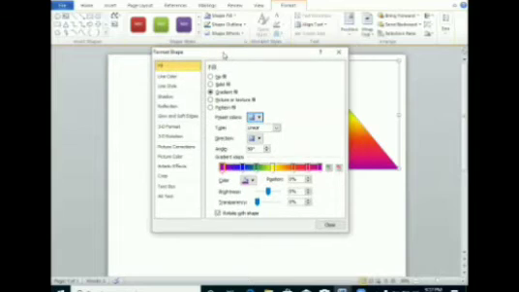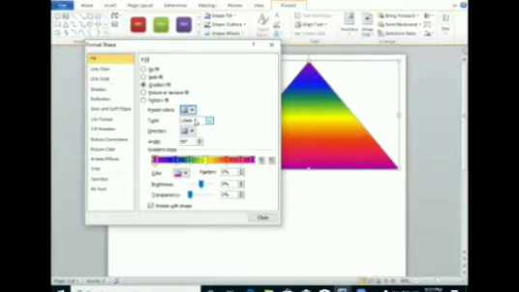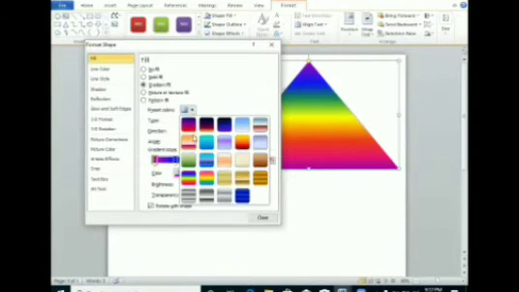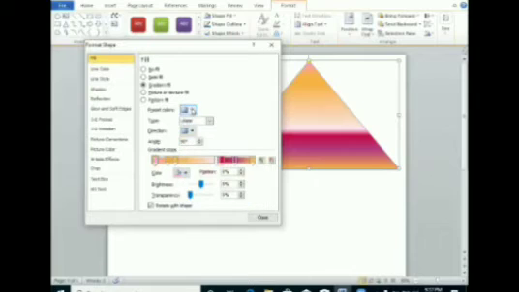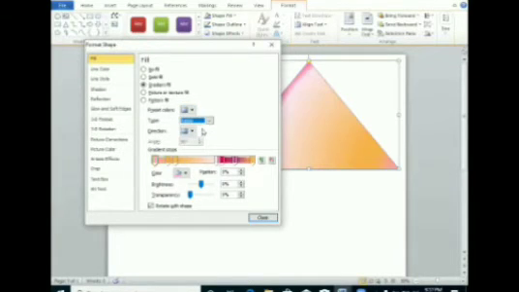You can change the type. You can see here preset colors. Different ones are here. According to your requirement, you can take it. These lines, how you want to display: linear direction, radial direction, rectangular form. So this color combination path will be changed.